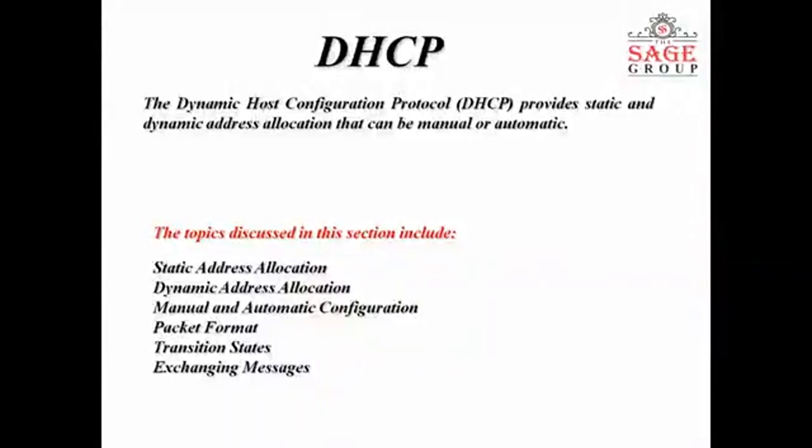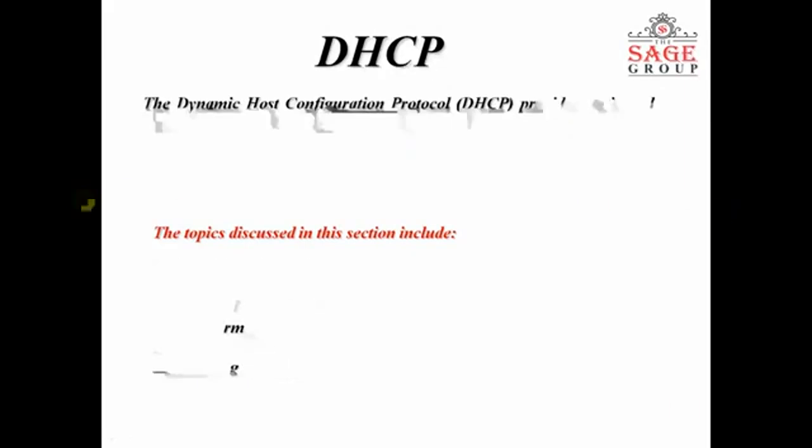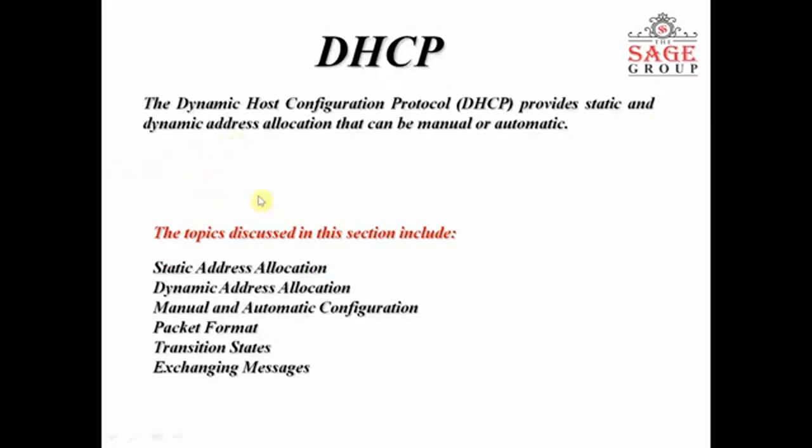First of all, I will tell about DHCP. Dynamic Host Configuration Protocol is known as DHCP. It is used for providing the IP to the client with the help of a server. It provides IP in two forms, that is known as static and dynamic. It is an address allocation protocol.